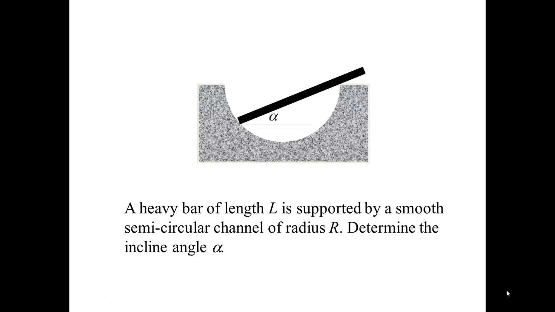In this problem, a heavy bar of length L is supported by a smooth semicircular channel of radius R. Our task is to determine the angle alpha that the bar forms with the horizon. This problem looks quite simple, but it's not as simple as it looks, and it also allows us to examine